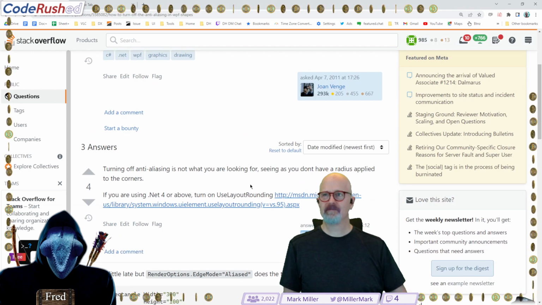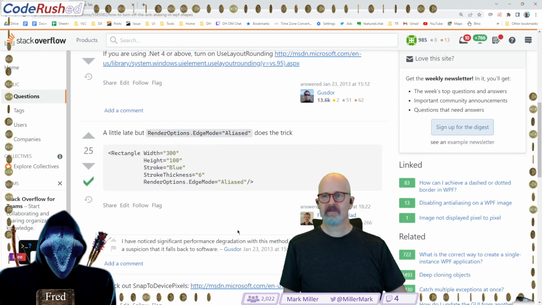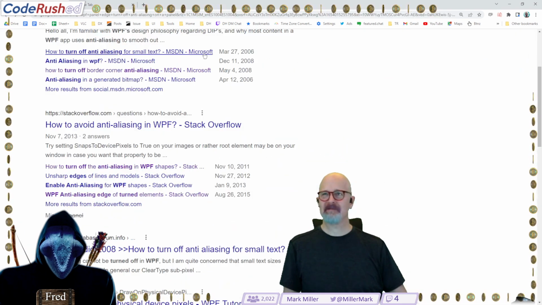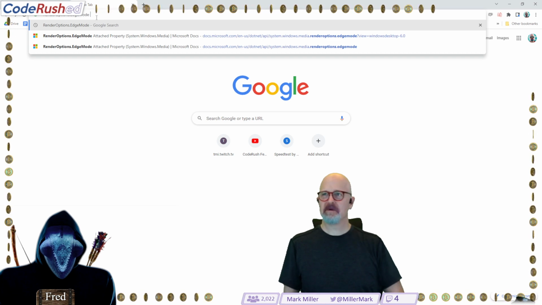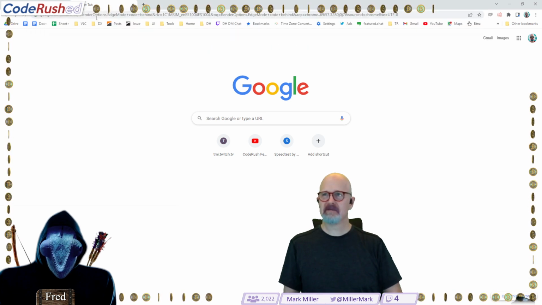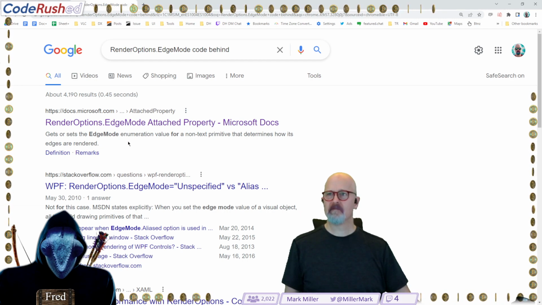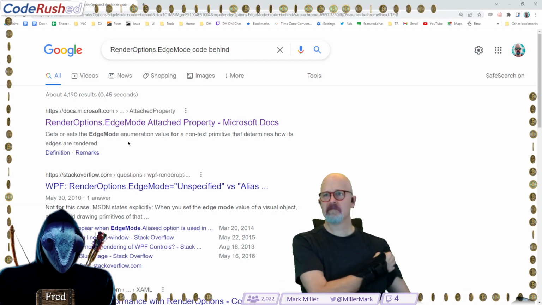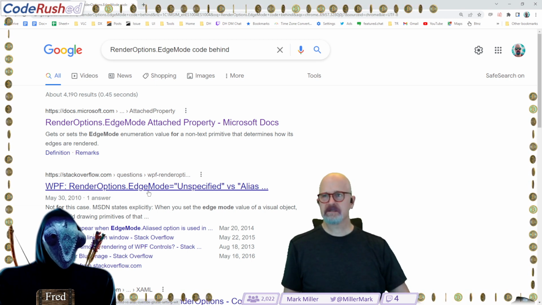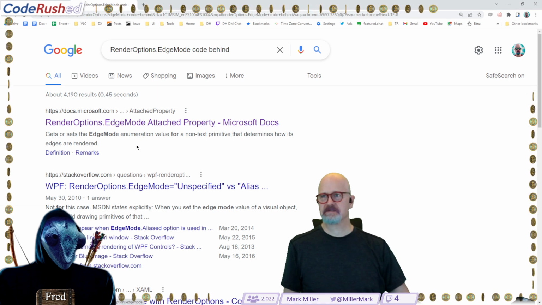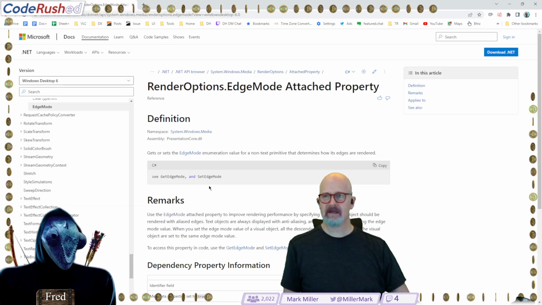This might help. This isn't code behind. I guess I have to look for the code, add the word code behind here. Is edge mode not just the property, but also maybe the enumeration of the values? So you can set RenderOptions.EdgeMode equal to EdgeMode dot some value. I don't think so. I need to see how they're doing it.